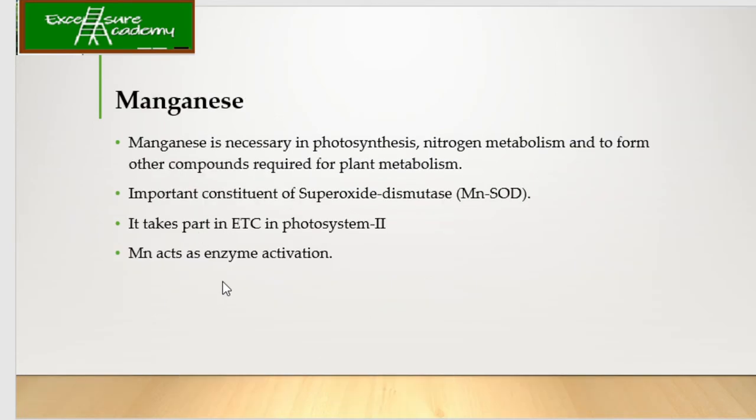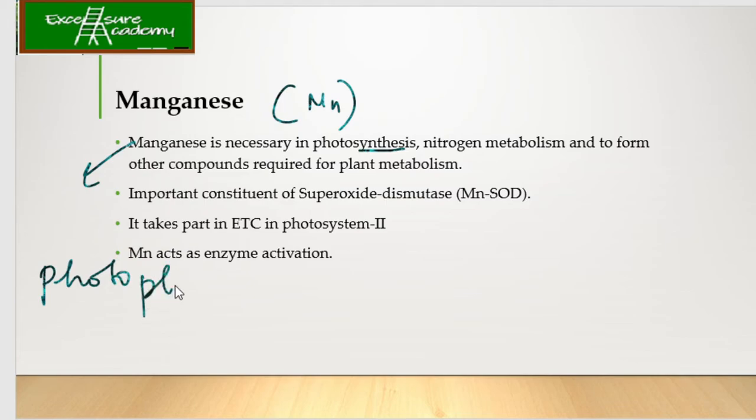Now going to the manganese. So manganese is also an important part in the photosynthesis. Now, how is it important? Because if you remember in the photophosphorylation, okay, see guys, this is how you should study actually. Whenever you study one topic, you should know everything which is related to it from your exam point of view. Okay, so for example, I'm telling you now, manganese is there.